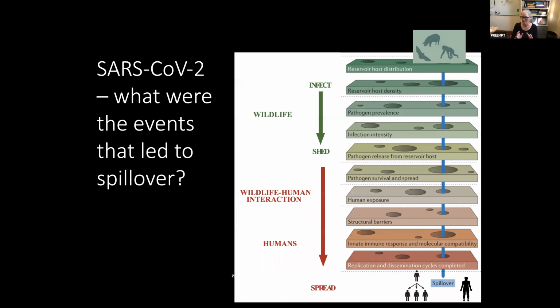So I think this is now a reasonable overview of all these components of pathogen spillover, starting with the reservoir host. So for SARS-CoV-2, we know the reservoir host is the horseshoe bats, but we don't know which species. We know that they're in that area of Southeast Asia around Yunnan province, southern China, northern Vietnam, Myanmar, Laos. We know that prevalence changes in space and time, so we'll see highs and lows of prevalence, but we don't know anything about the dynamics of those viruses in the bat populations. We know those coronaviruses are released in feces, so that's why people have thought maybe guano mining could be a part of this,